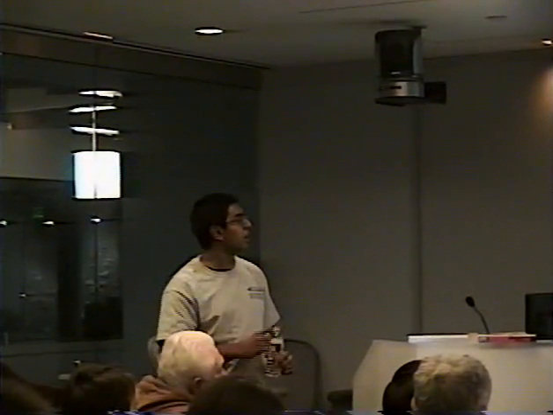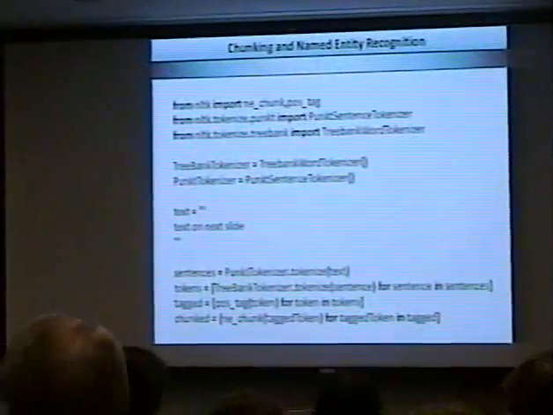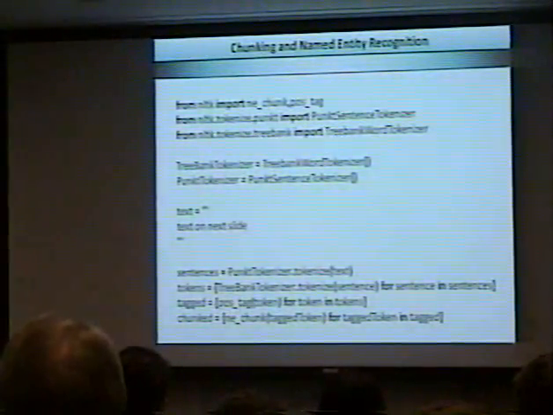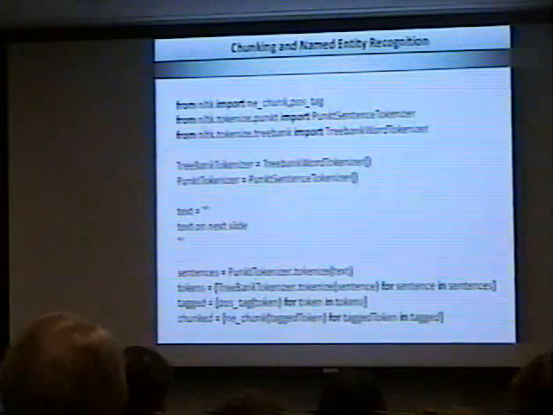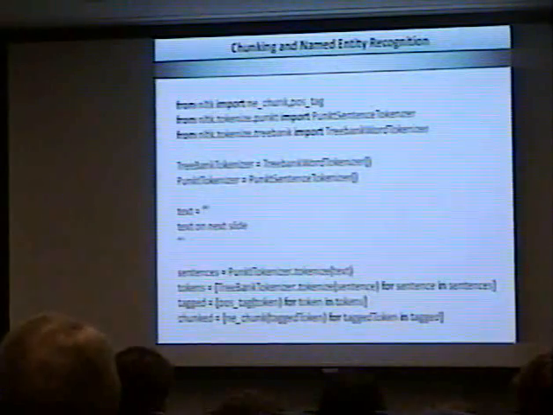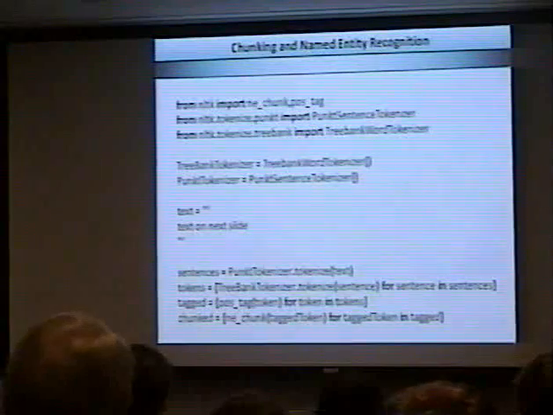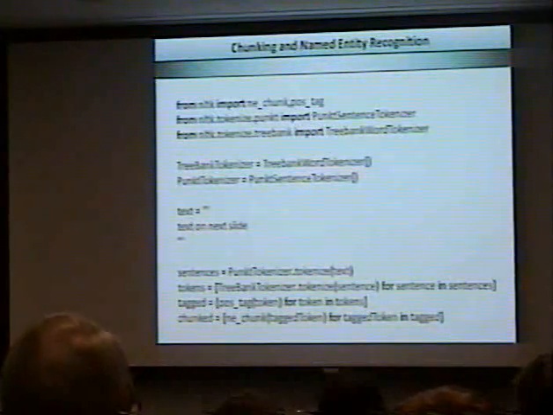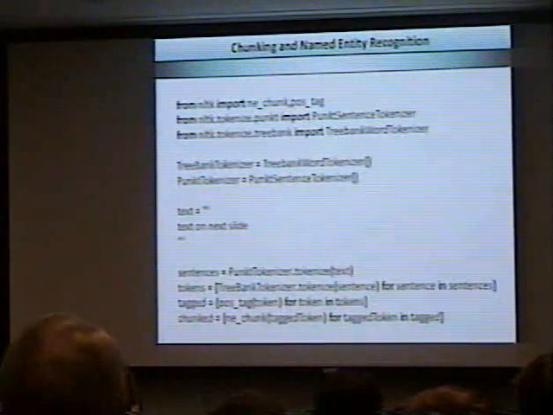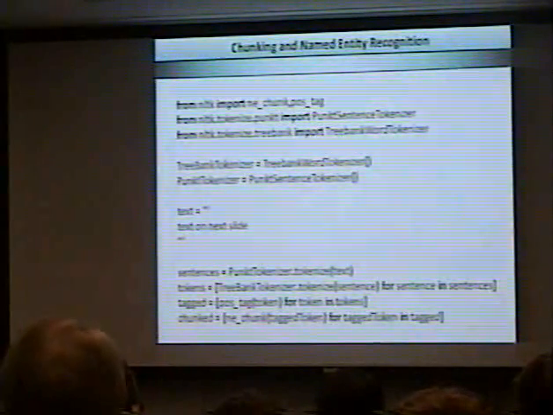From here, you would import ne_chunk, that's a module for chunking, and pos_tag. You would also import the Punkt sentence tokenizer and the Treebank word tokenizer, and we're going to look at that. There are two different types of tokenizers we can use for this. So essentially, we instantiate both tokenizers, store them in variables, and so we have text. Actually, the text I use is on the next slide. It's really big, and we're going to tokenize these.